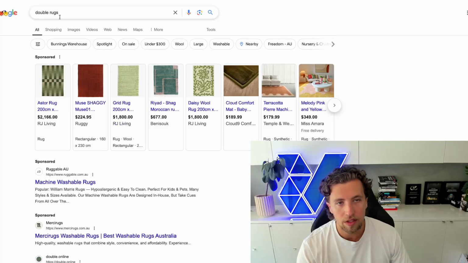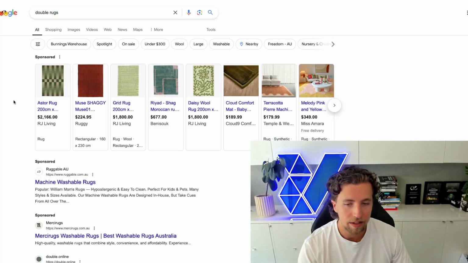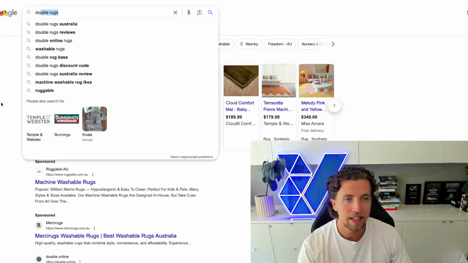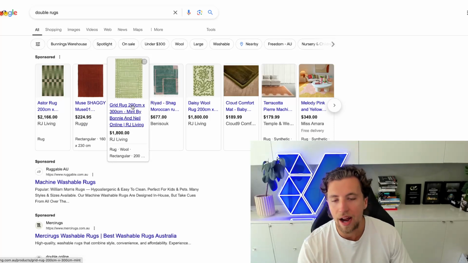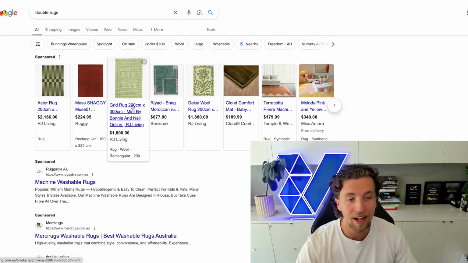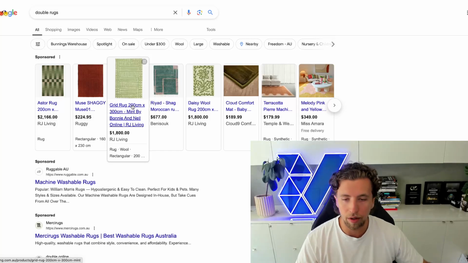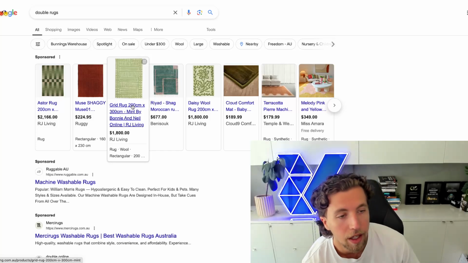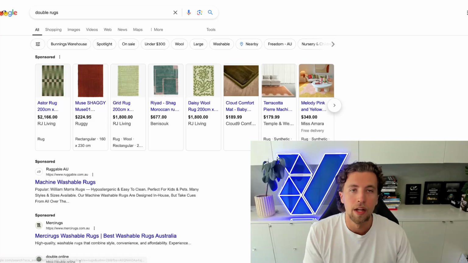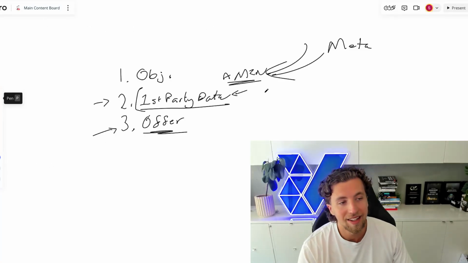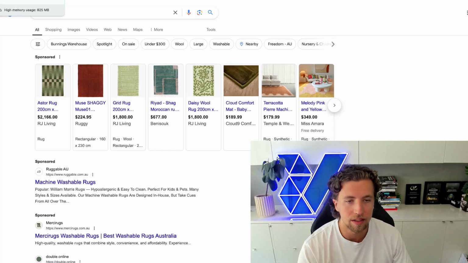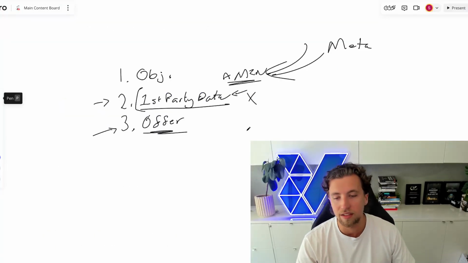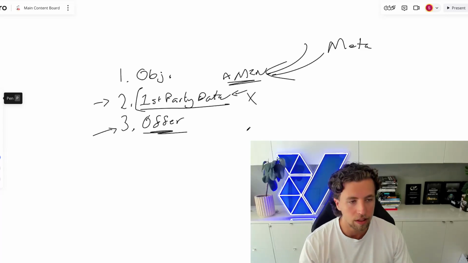First-party data, how important is that? I'm going to make a rough guess. That could be completely wrong, but I'm guessing this isn't a huge LTV business and that there isn't really high repeat rates on high-ticket products like this, unless there's a larger product portfolio that has easy cross-sellability, which I don't think is the case in this situation. So that's a no. First-party data, not really that relevant because the resale value or the repeat purchase rates or the value of following up with these customers isn't incredibly high. Is it valuable? Yes. Is it incredibly valuable to us? Not really.